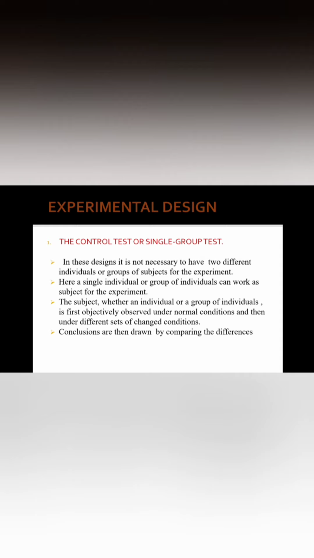The subject, whether an individual or a group of individuals, is first objectively observed under normal condition and then under different sets of changed conditions, and conclusions are then drawn by comparing the differences, which means suppose in a psychological